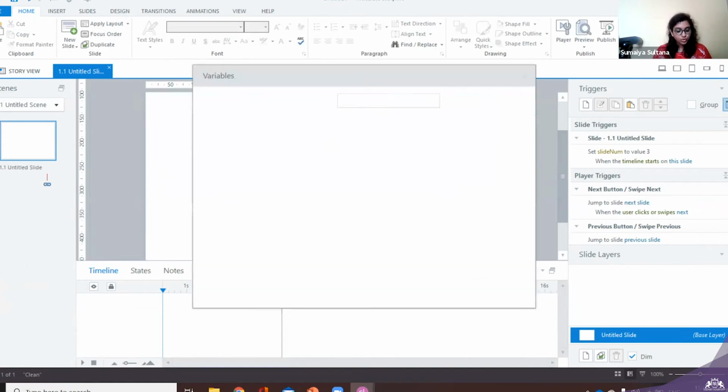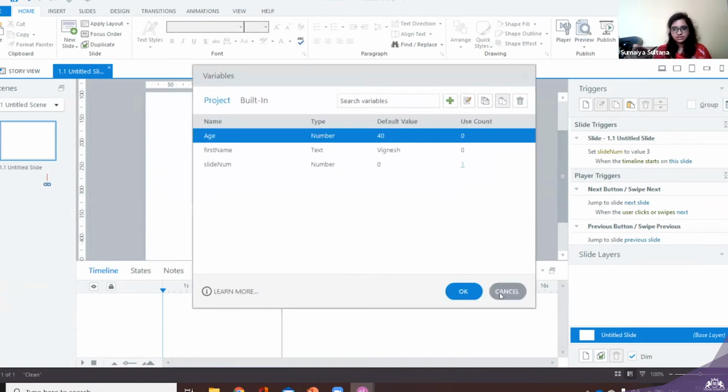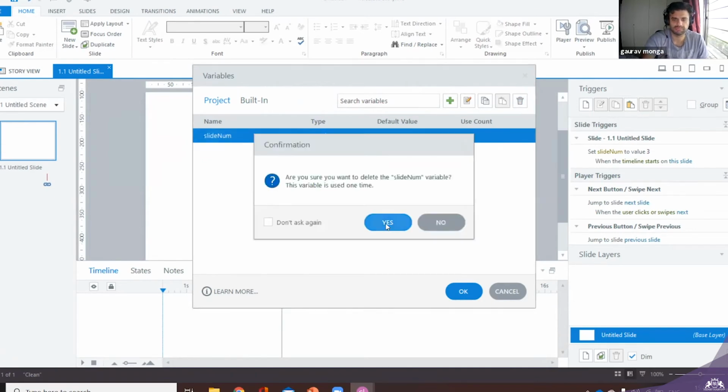Then the variable box, and here we have to add a variable, plus, and add a variable. Before that, I don't want all these variables now, so I can select them and say Delete.